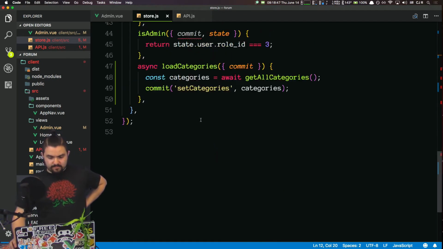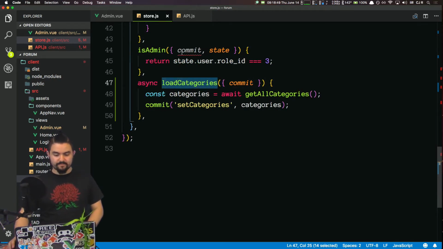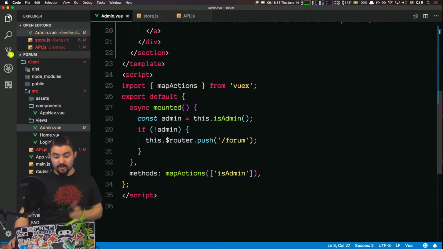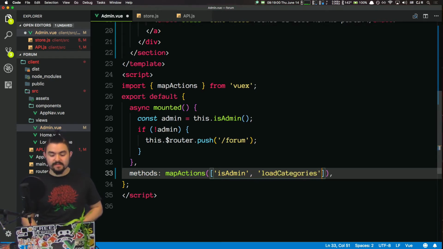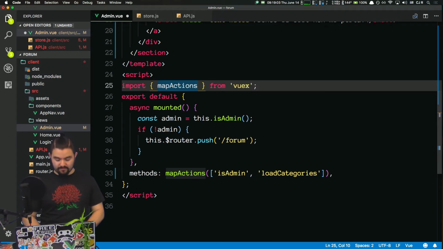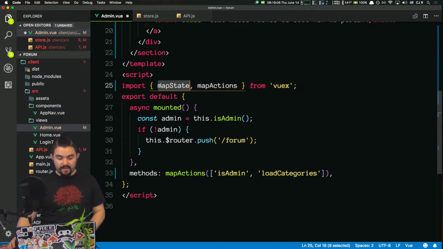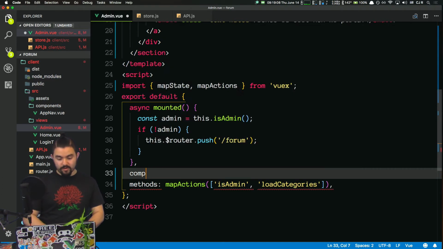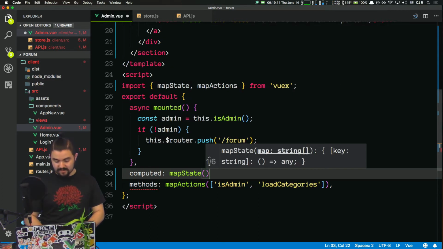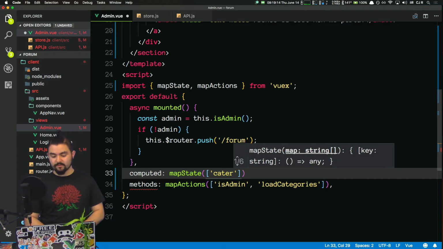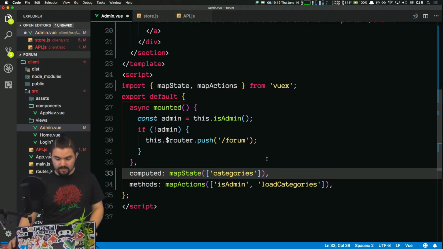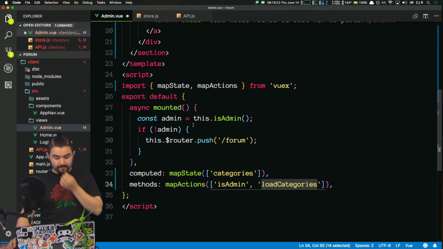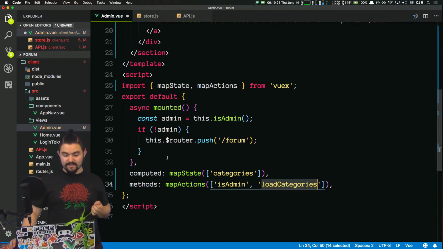Okay, so we have this loadCategories action. Let's call it from inside of our admin view. So we already have mapActions, so we're going to grab isAdmin, but we'll also grab loadCategories. And then we also want state from Vuex. So we're going to bring in mapState as well. And for our computed, we're just going to say mapState, and the thing we want are the categories. And when the admin component mounts,